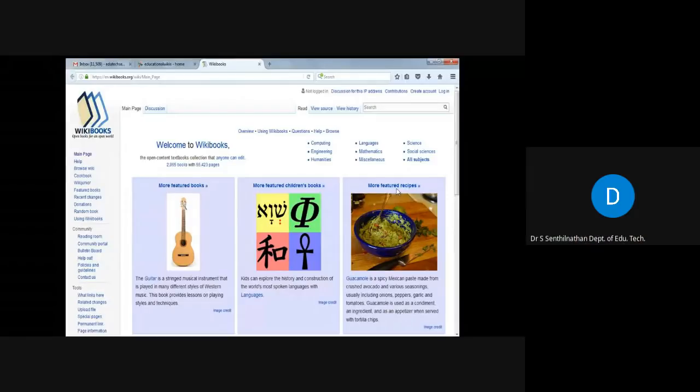For instance, you find a book on something like social science research methods, and you think that some aspect is missing there. You think the book will be better if certain topics are added to it and you have some content. You can add that content to the book, and it will become richer with your additional input also. You can have a look at these platforms also, Wikibooks.